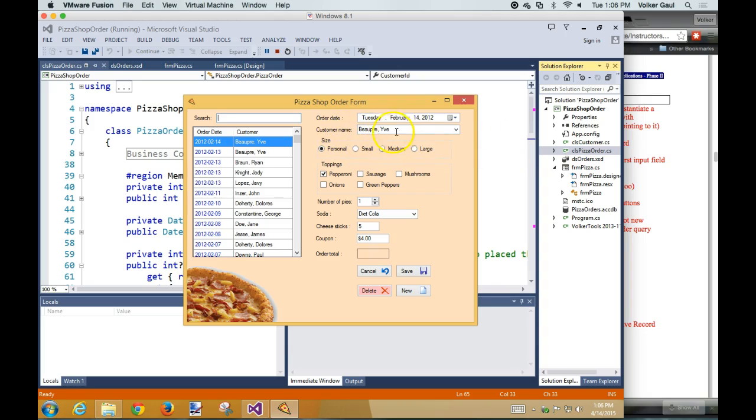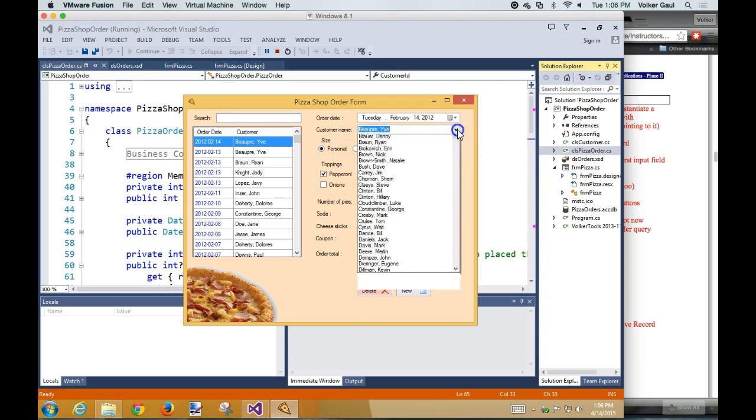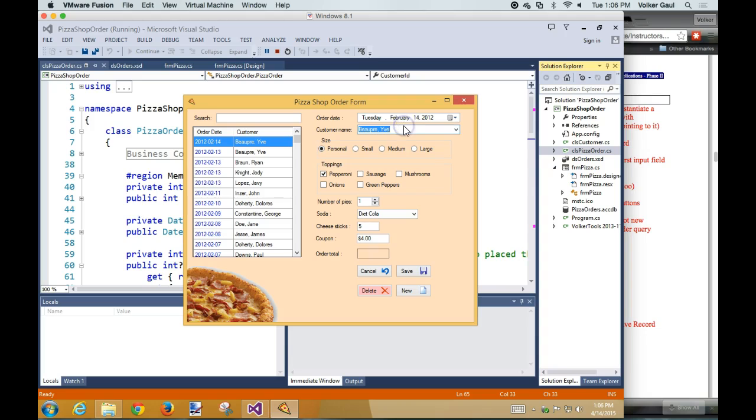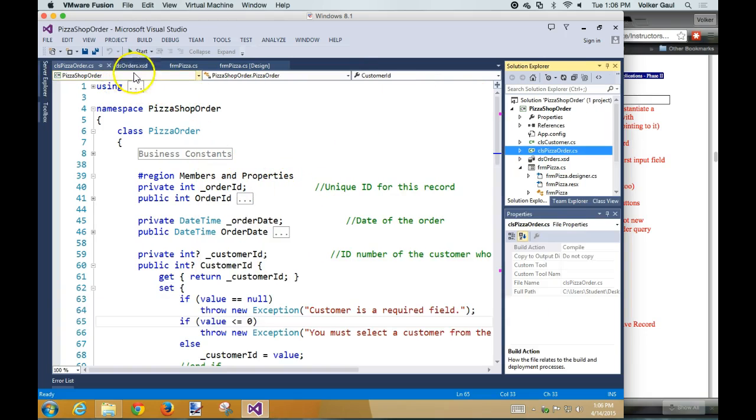Then we modified our customer first name text box fields, turned them into a combo box so that we can look up customers. Because this is an autocomplete, I can type in some letters like T's and jump right down to the Thompsons. So even though there were a lot of names in that list, because it's autocomplete, I can just start typing a couple letters and narrow it down very, very quickly. When we built that, just as a quick review, not that any of this really matters today, when we built that combo box,